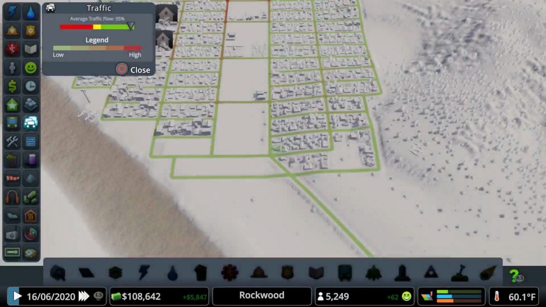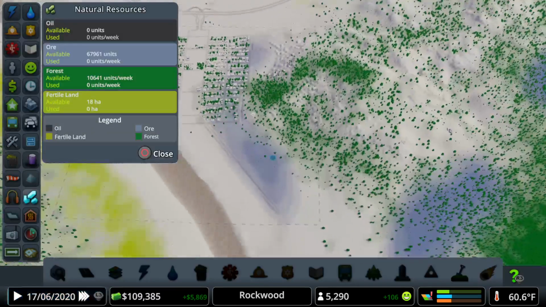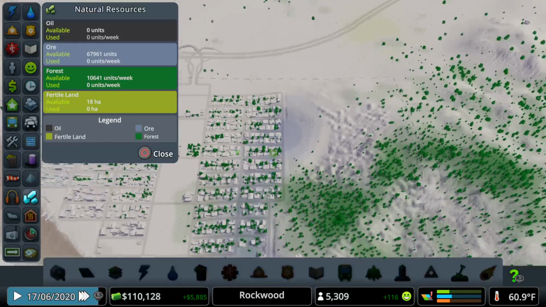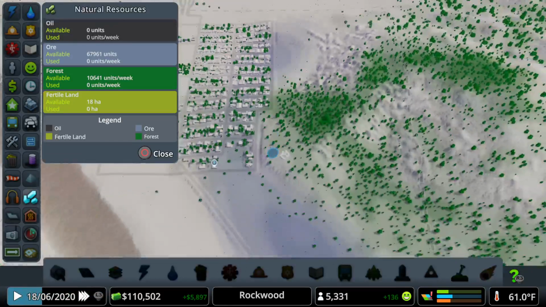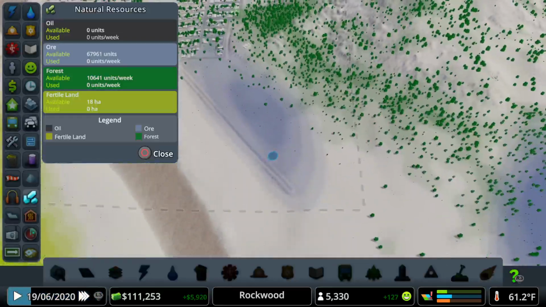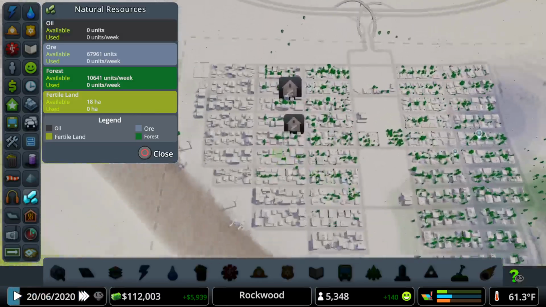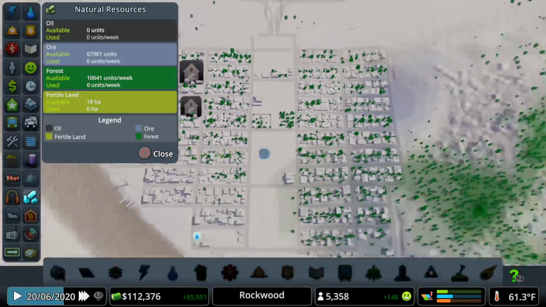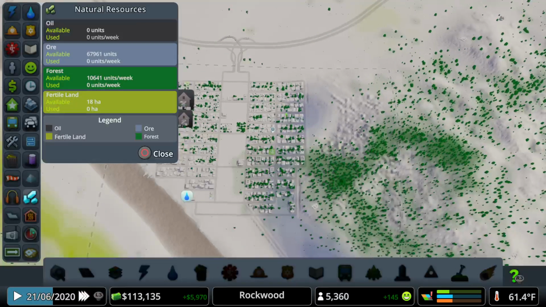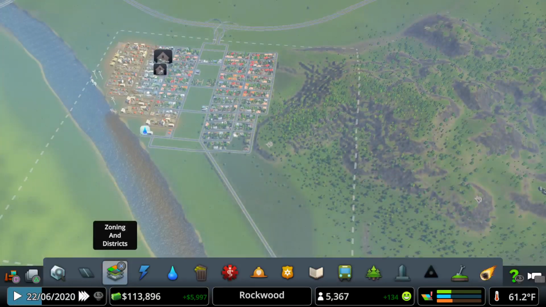I wonder if that provides resources. Let's see. Not really. Some ore here. And here as well. So it looks like this tile is rich in ore. I should have built my residential zone here and my industry here. It's not too late to switch them around, but...